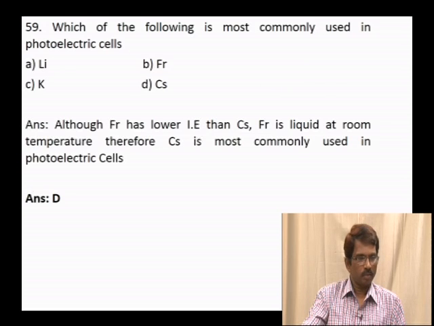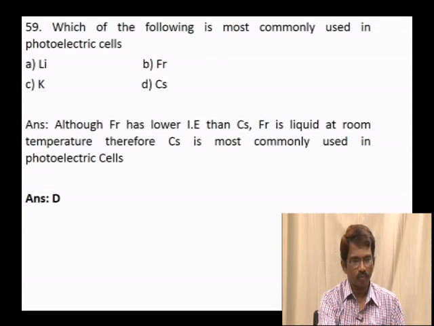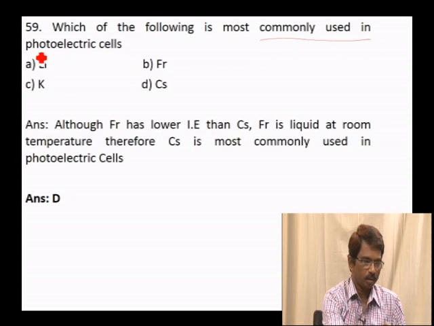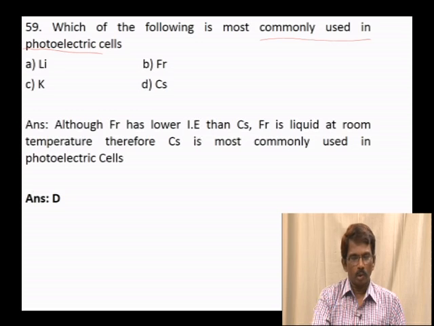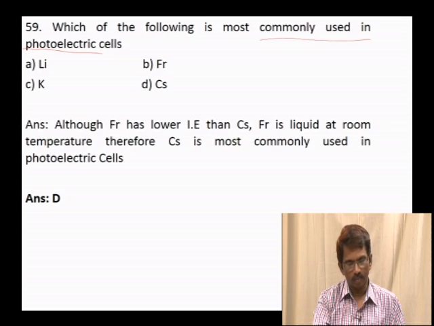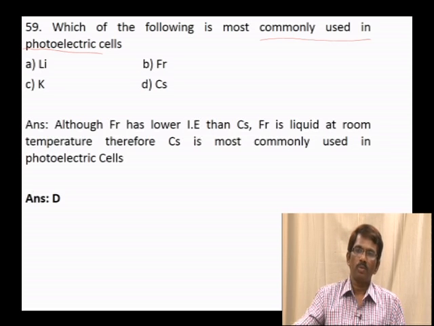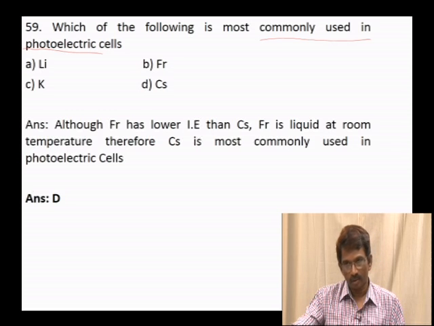Moving on to question number 59. Which of the following is most commonly used in photoelectric cells? The options are lithium, francium, potassium, and then cesium. See, in the alkali metals, when you go down from lithium to cesium or francium, from top to bottom the values of ionization energy decrease because of increase in size. That means to